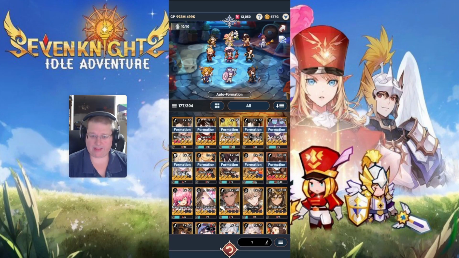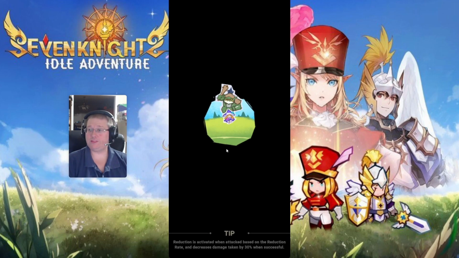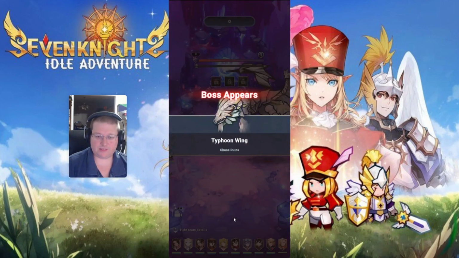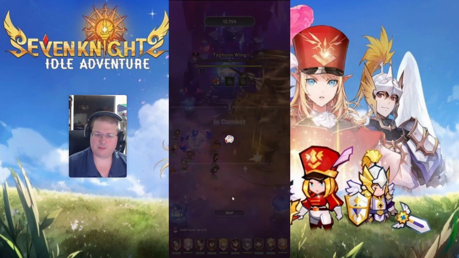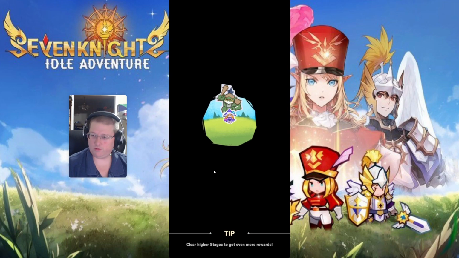You can try to min-max this if you know how to get more damage. Again, more damage is better in my opinion. And then you just hit enter. But these ones in particular, the other dungeons you kind of have to wait to play out. These ones you can just skip through. Or maybe the other ones have a skip too. So you don't have to watch the whole fight. You can just skip it, get the reward, move on,